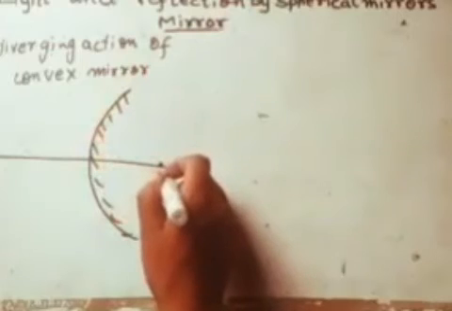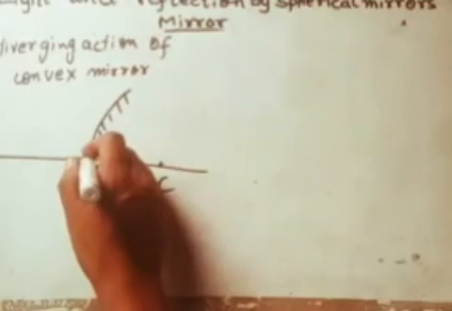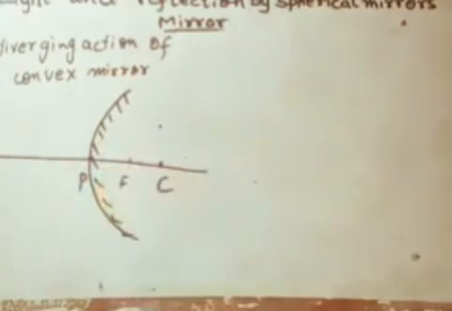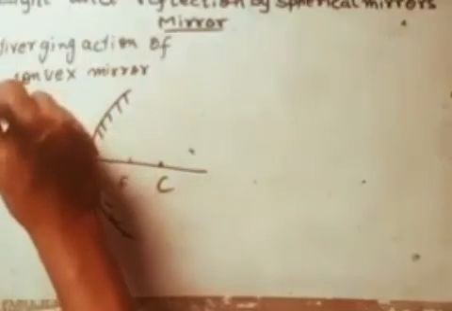Here is its center of curvature C, here its pole P, and here its focus F. So diverging action: if there are a number of rays incident on the convex mirror,